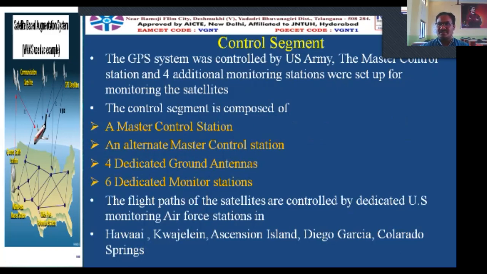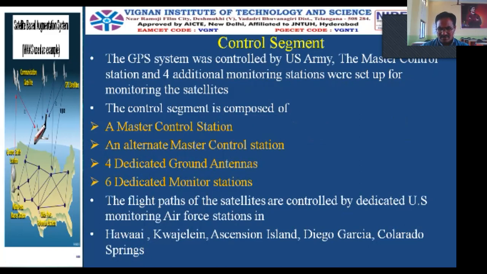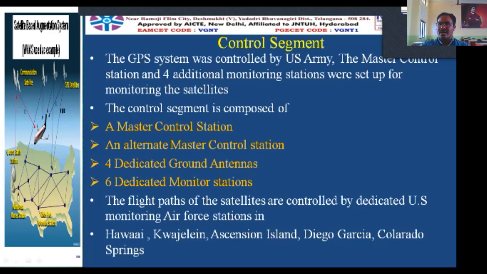Of course, about this GPS constellation we have been already learning, and most important here is the control segment. So what is the control segment? The control segment is the one which controls the process of the navigation procedure. Where should it be present? Most naturally, we expect that it should be present on the Earth surface. And that station is called the master control station.